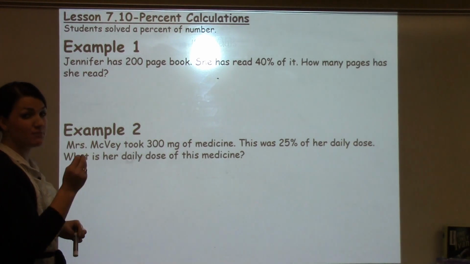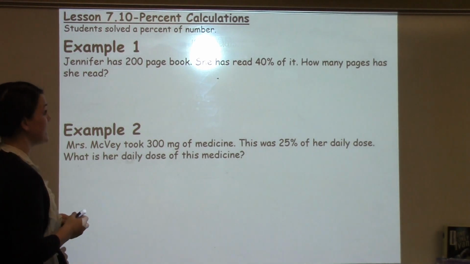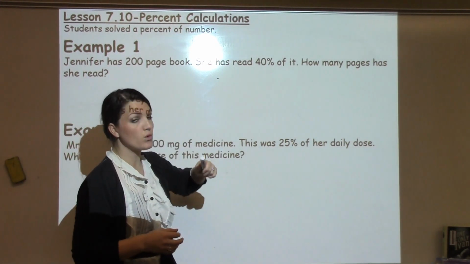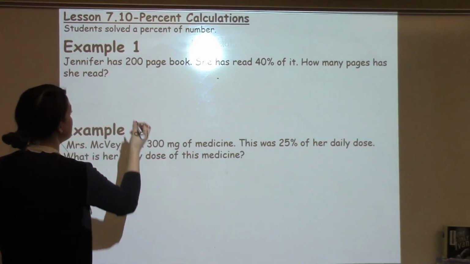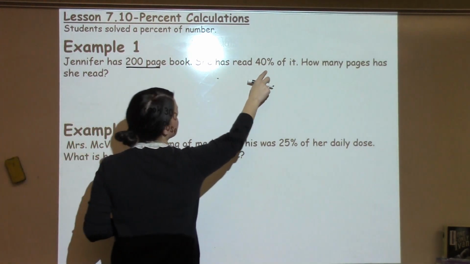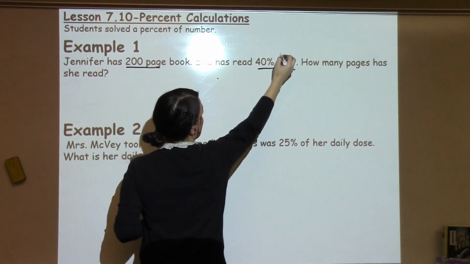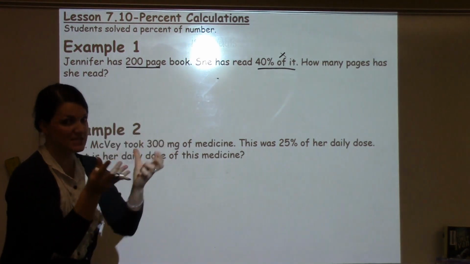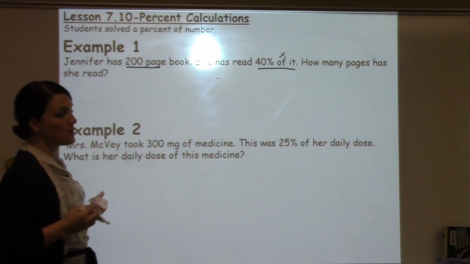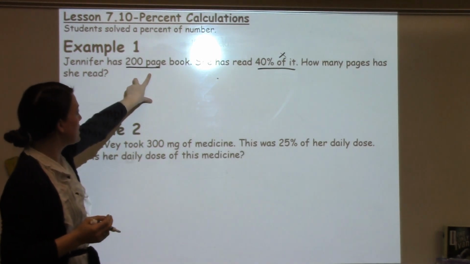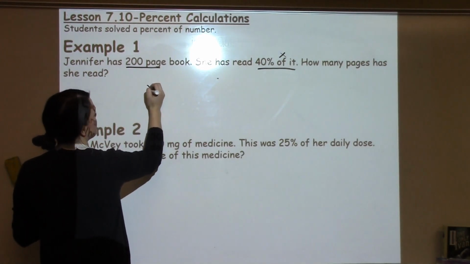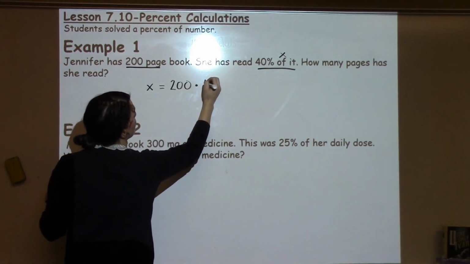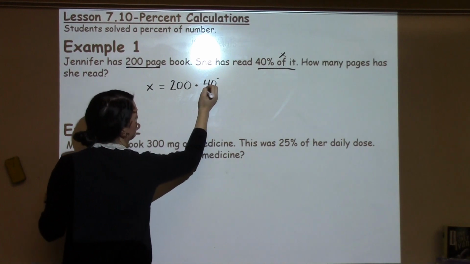She has read 40% of it. How many pages has she read? So she's got 200 pages, and I know she's read 40% of it. Well, we need students to focus on what the it is here, because I know that of means times, so I know that I'm going to take 40% times the it. Well, the it is what she has, the 200-page book. So I'm going to set this up as 200 times 40%, which I know that 40% needs to be written